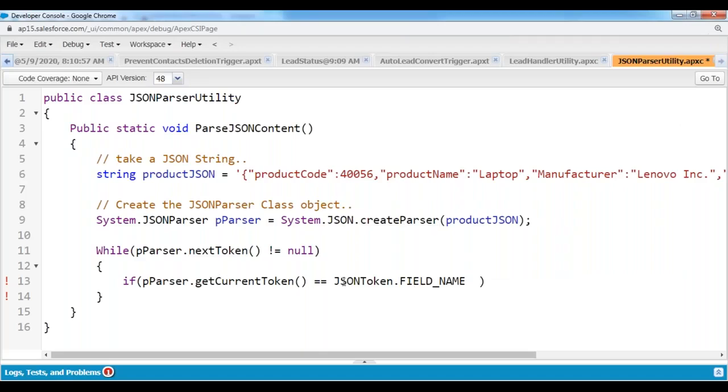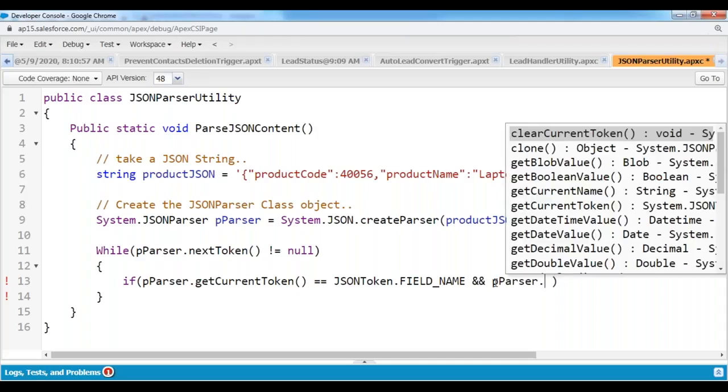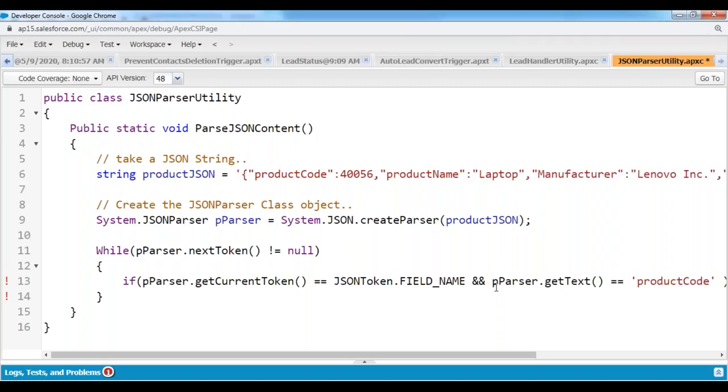Okay. If the current token is a field, then what is that field name? Because not only this field, we have so many other fields also available here. So if it is a string, then what can we do over here? That means I'm comparing with this value. So parser dot get text is equal to product code. That means I'm collecting the current token text value over here. So now whatever the current token that I'm right now,